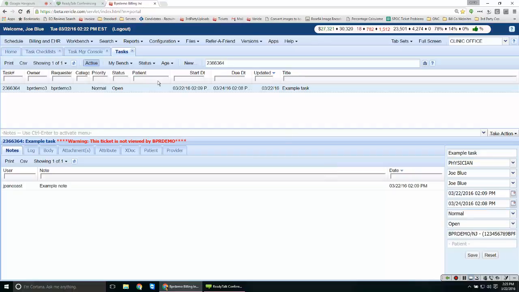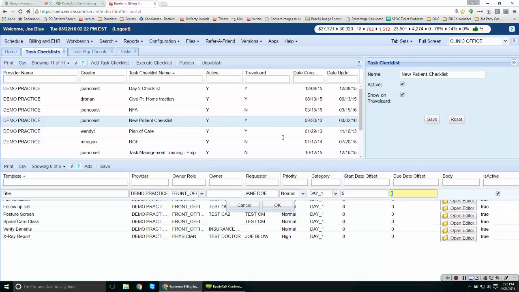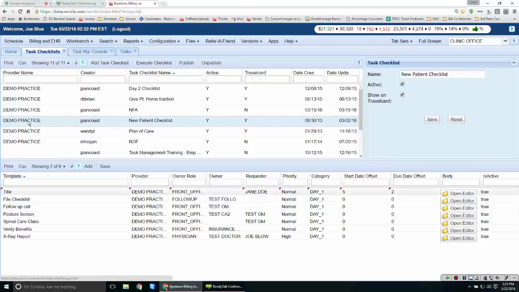So if you would like to push off that due date a little more, then you can add a due date offset in here. So even though it's a normal priority, maybe it can be done in 4 days, and that's fine. Once you fill in everything on this row, hit OK. Now you'll see these little red triangles up at the top left of each field. That is indicating that this has not been saved. So make sure you hit the Save button right above to actually save the information,